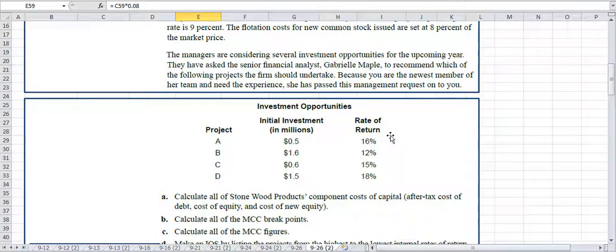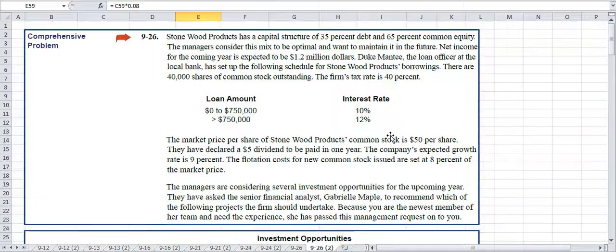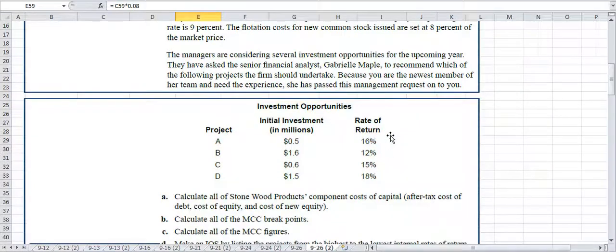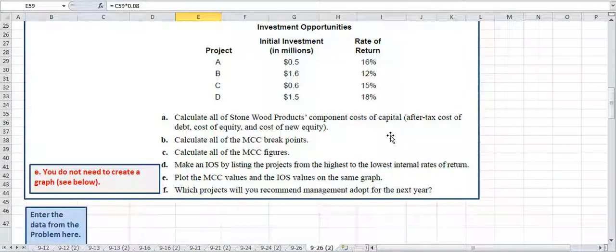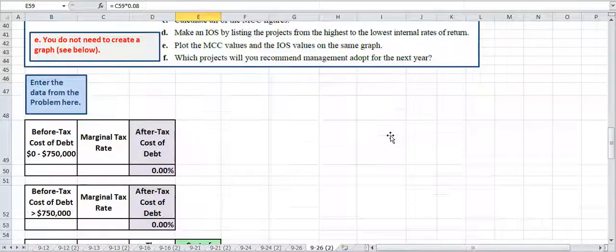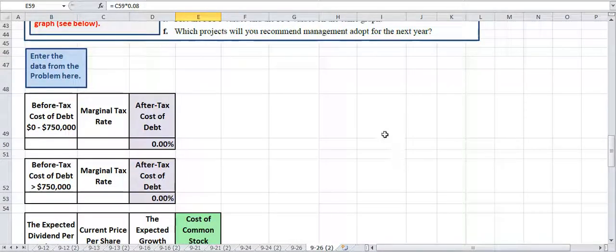Okay, so let's just step through this. This is not as scary as it looks. Let's just start at the beginning here. And the first thing we want to do is calculate the cost of debt and equity. So the before tax cost of debt below